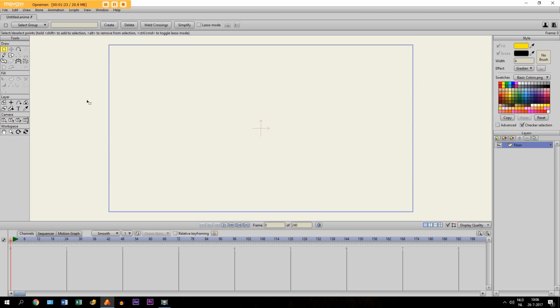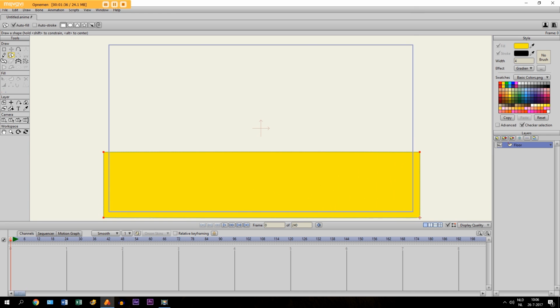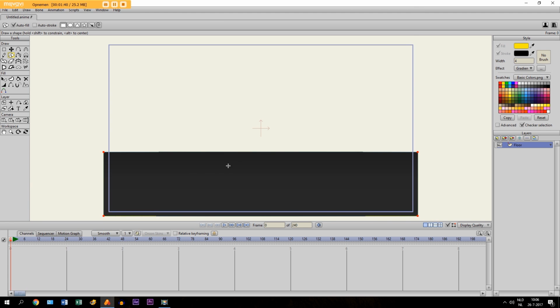And then click OK, and then I'm going to take the draw shape tool, choose rectangle. I don't need a stroke, so I deselect that one, and then I just draw a shape right here, and you can see right now it's still yellow, but if you let it go you get the gradient color. And if you take the select shape tool,